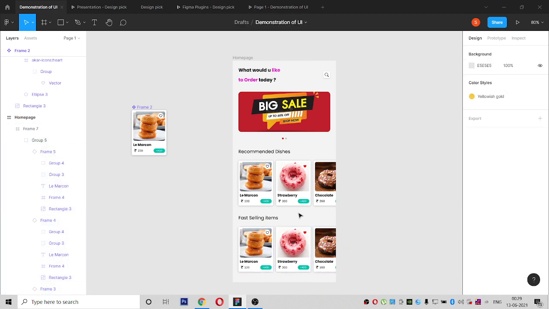Not an issue. So here we have learned many things. First, you have learned the plugins part, like icons, Iconify, and the banner images, how to scroll. Scrolling is mainly available when it is in the frame, and the frame should be inside a screen, fit screen.